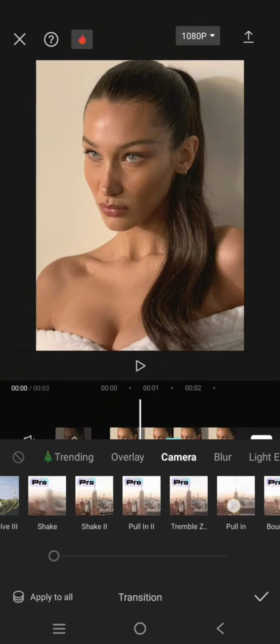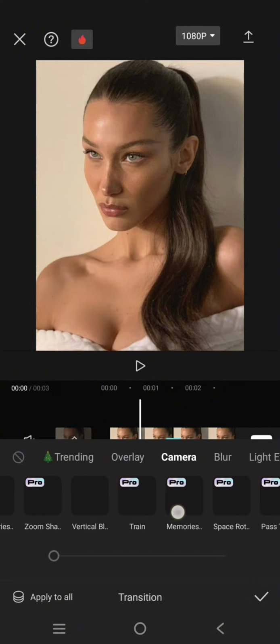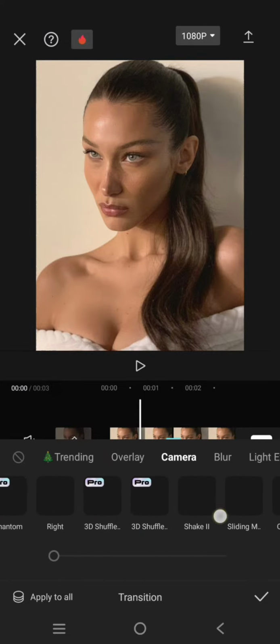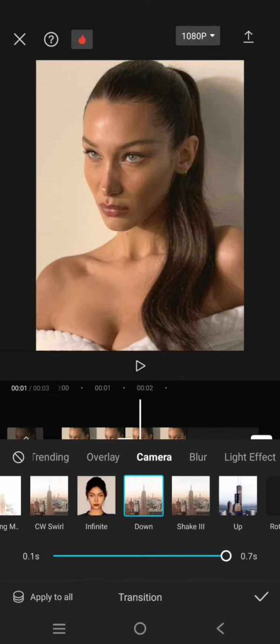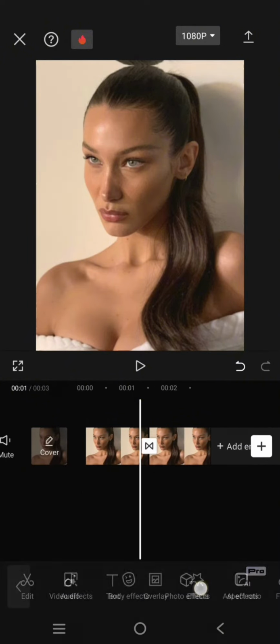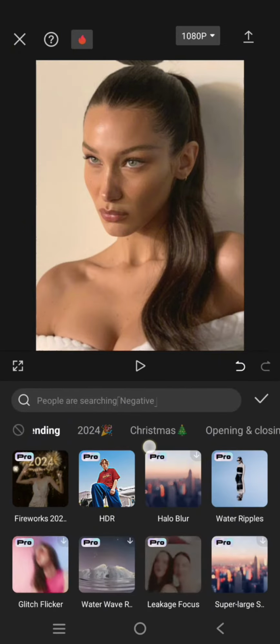Click on camera and find the down transition. Okay, this one down. Click on that. Click on the check icon and now go to the video effect and add the black flash effect that you